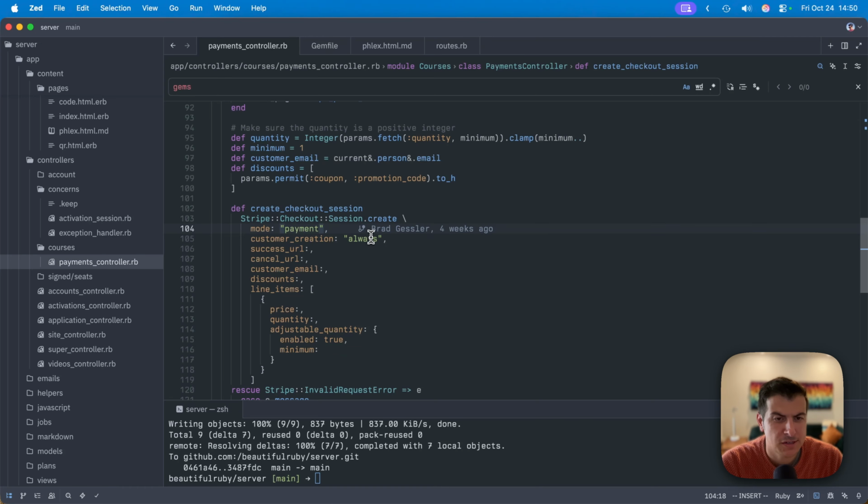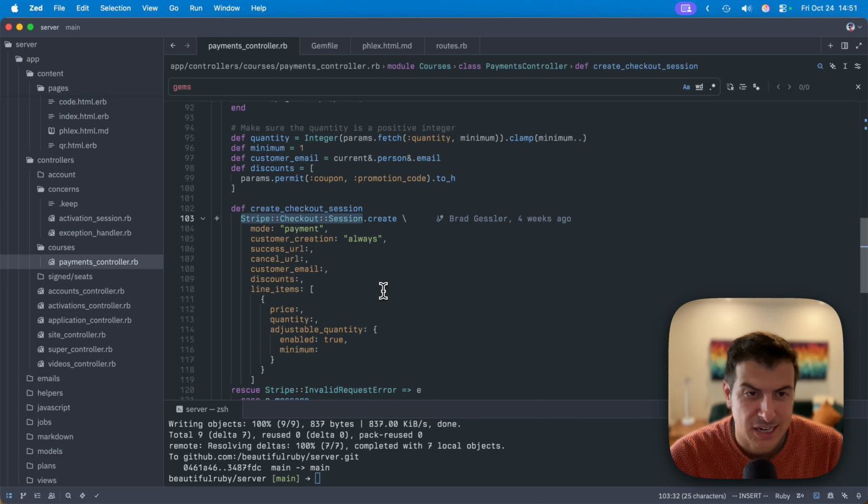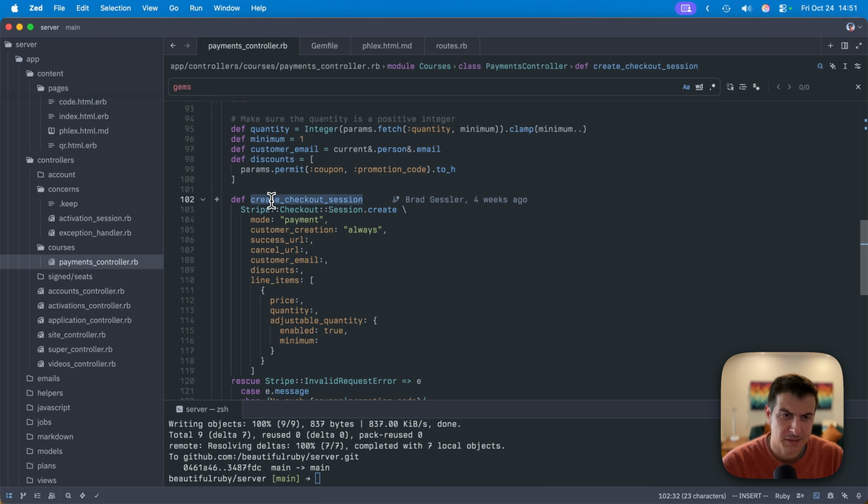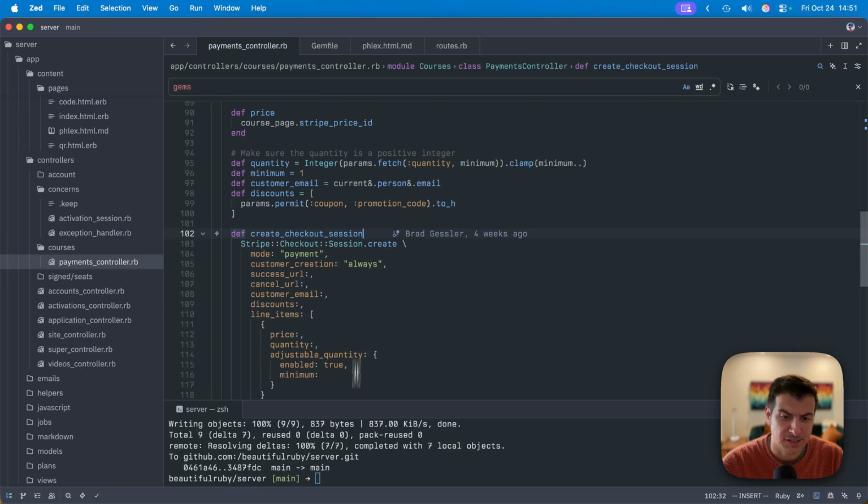It's payment mode, customer. I always want to create that. That creates the customer record on Stripe. I have a success URL, a cancel URL, a customer email, which is a current person email. I have a minimum quantity, which you can see I load in here. So there's all this configuration that you do for a Stripe checkout session. And this is actually documented by Stripe. So I build this thing up and then you end up getting a URL out of this thing,